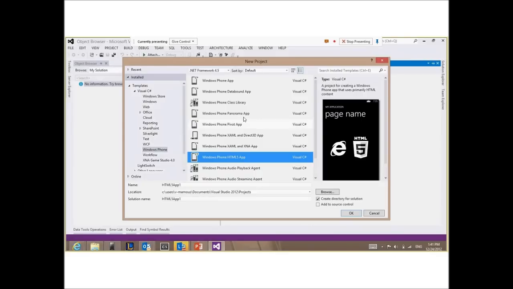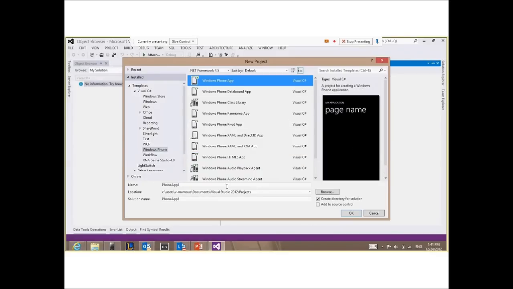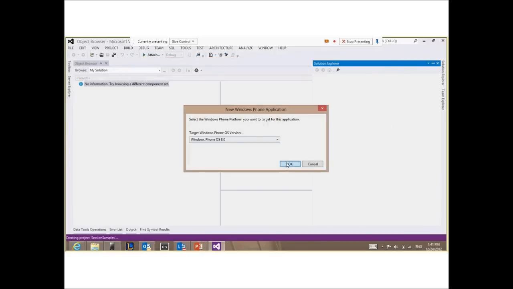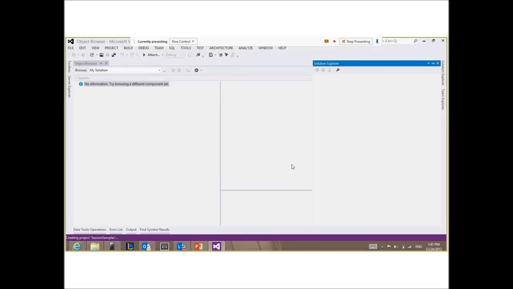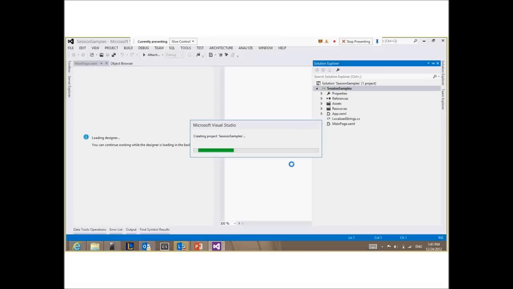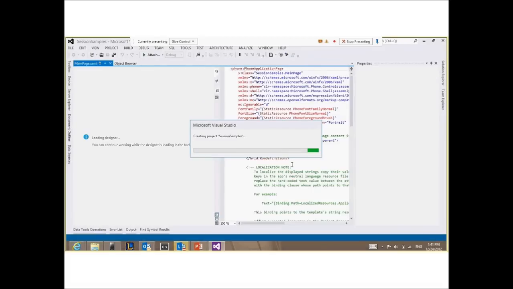So let's go now for developing a quick application. I will call this session samples. This would be the name of my application. I will choose my target to be Windows Phone 8. Then click OK. It will automatically create a quick application for me,